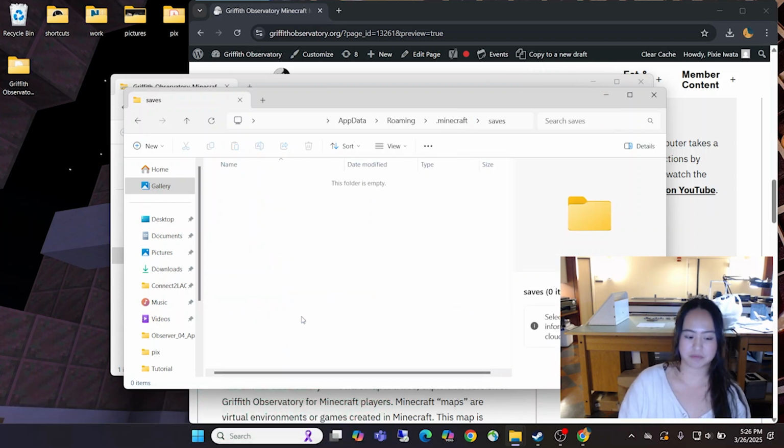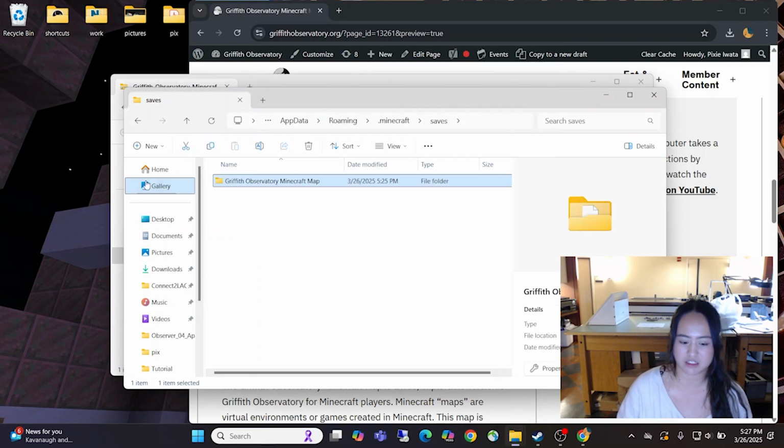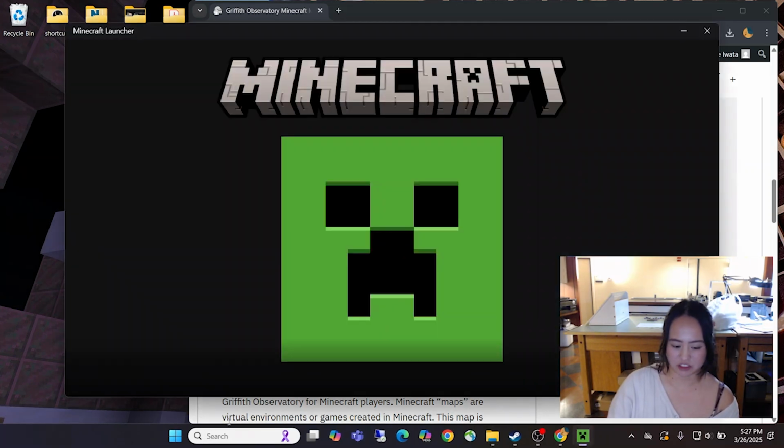Double-click to open this folder. If you've played Minecraft before, you'll see your other maps saved here. Now drag the Griffith Observatory Minecraft map from your downloads folder or your desktop into this saves folder. That looks good. Now load your Minecraft launcher, and we're going to make sure you're playing the Griffith Observatory Minecraft